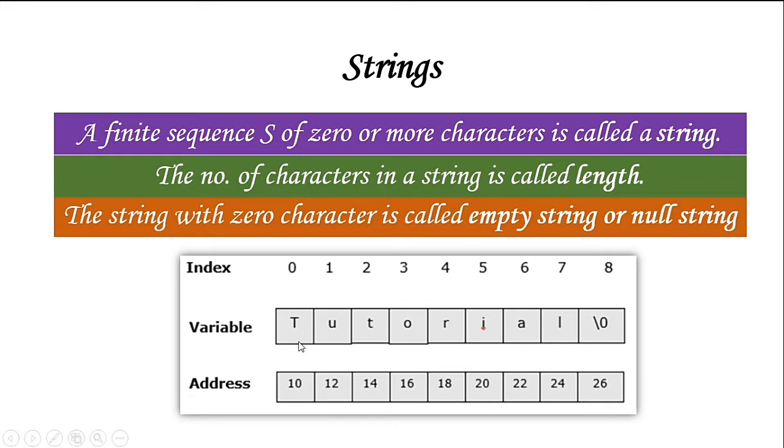This is an example of a string. You can see here, this is the string and it ends with a \0. Always keep it in mind, the last character will be \0. It shows that it is the end of that particular string. So a string has index values as well as addresses. As in an array, these are the values of the array, this is the index of the array, and these are the addresses of the array. So a string is stored as an array in memory.